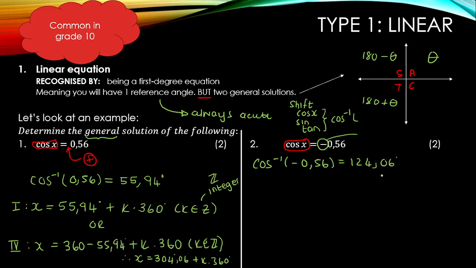And now I'm getting 124,06. Now my question to you is this: is this an acute angle? No, it's not. This is going to make us sit somewhere over here, because remember, this was 90, and this is 180. So you're actually sitting in quadrant 2 as your reference angle. And what do we know? The reference angle always needs to be acute. So this is incorrect. A nice way for you to remember it is to always use the positive of whatever you've got going on here for the y. That negative right there is just telling you which quadrant you are going to be in. And in our case, we are going to be in quadrant 2